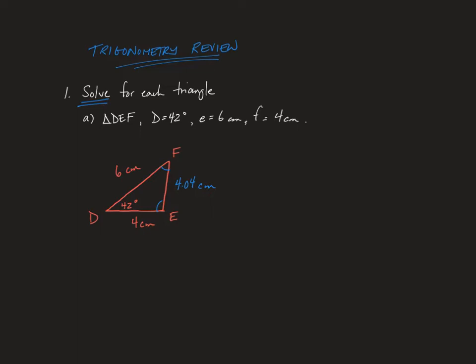And so I can now take my sine law, which would say sine E over its corresponding side must equal the sine of 42 degrees over its corresponding side. There is my application of sine law, that the sine of any angle compared to its corresponding side is the same throughout a triangle. Now I can